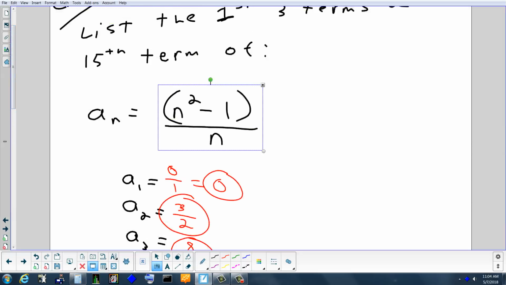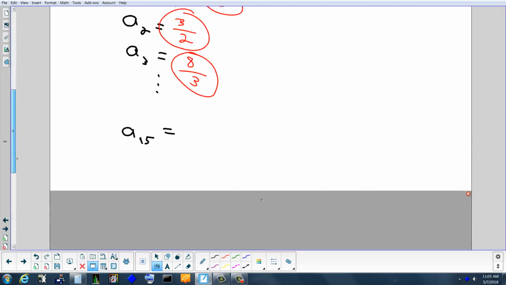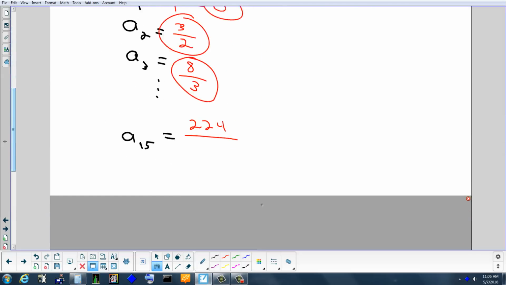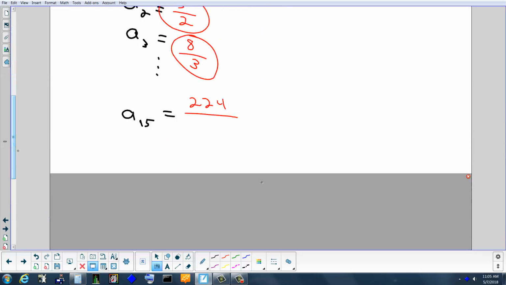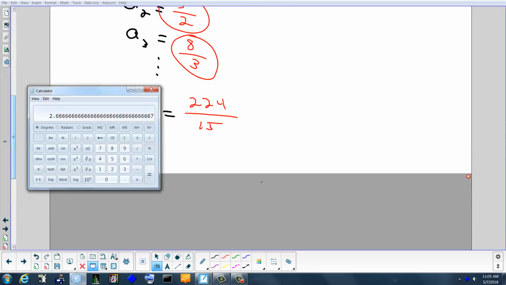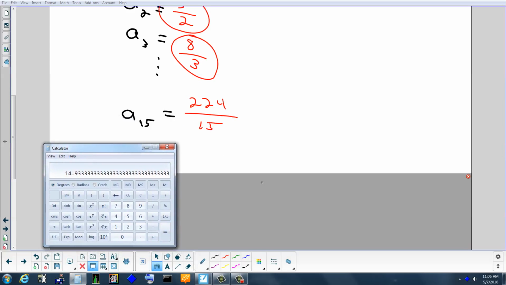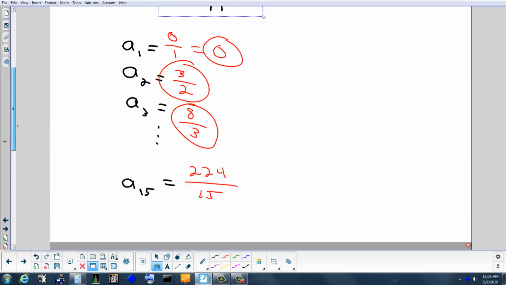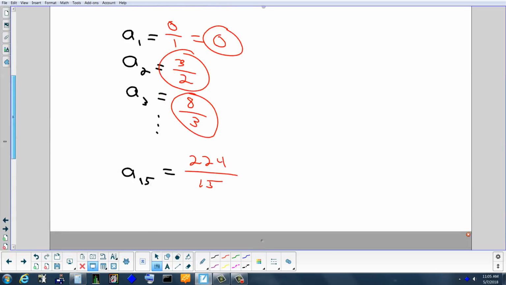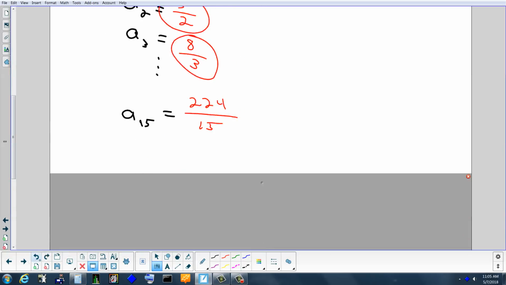15, how much is 15 squared? 225 minus 1 gives me 224, divided by 15. Let's see what that comes out to. 224 divided by 15 is 14.9. Okay? And what number did I plug in for n? 15. So we can see what's happening here is the answer that you get is getting closer and closer to